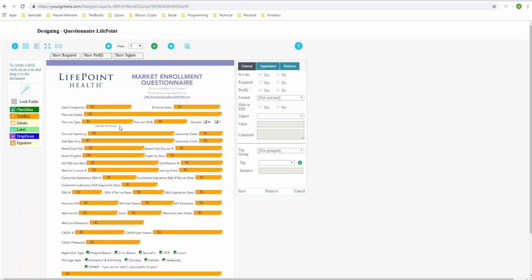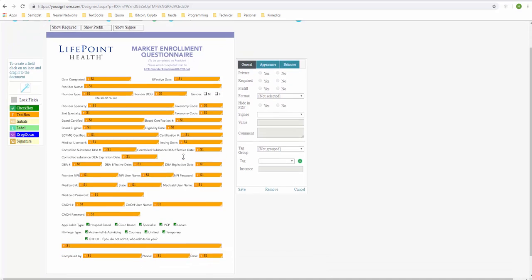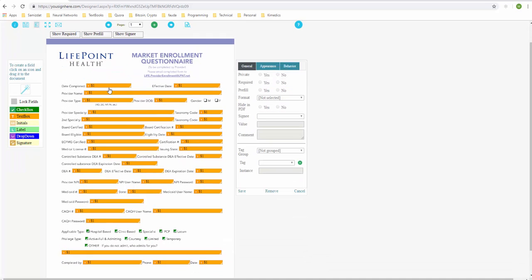You'll get into the YouSignHere document designer, and you can see that the system already recognized the fields in those documents. I didn't put them in. Oftentimes the PDFs or Word documents that people are using, like forms and such, have the field data already embedded in them, and we do recognize them. So now you are ready to start